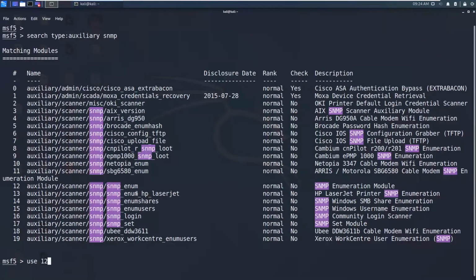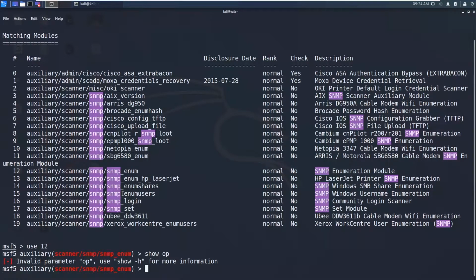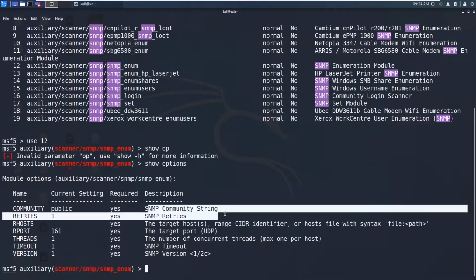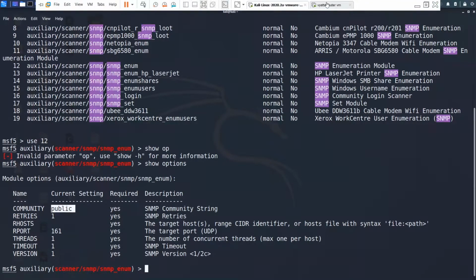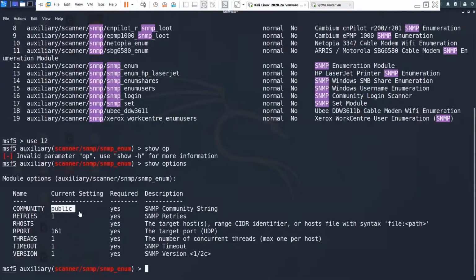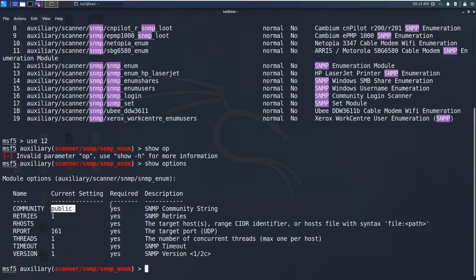To enumerate this SNMP service, use 12 and say show options. We need to set the community string public. I have changed the community string from Nikhil to public, and to just test this enumeration module, we need to set the RHOST, and I'm going to say setg.